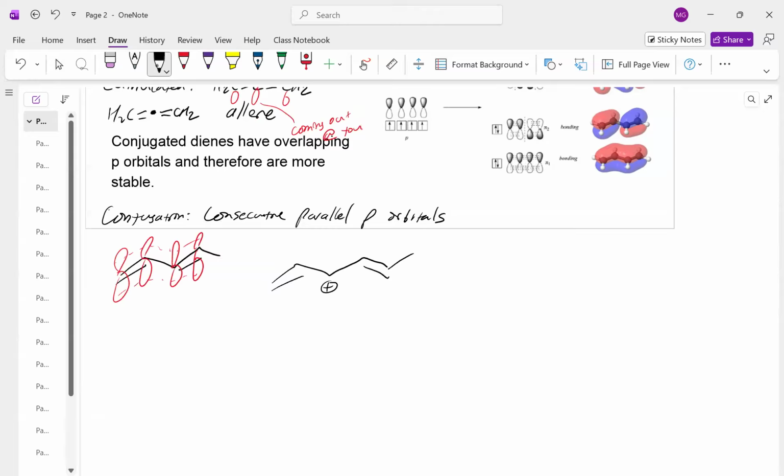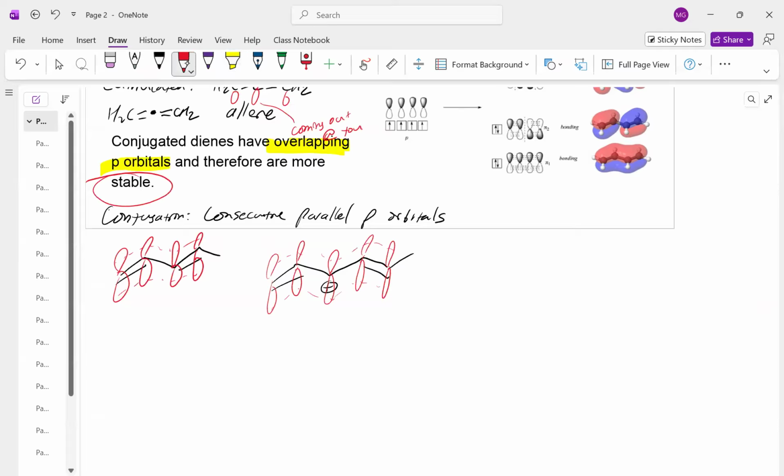Okay. And notice here, you're like, well, wait a second. With that carbocation, that carbon there in the middle kind of disrupts things, right? Well, what's the hybridization of a carbocation? It's sp2 hybridized. And so there is an unoccupied, unhybridized parallel p orbital. So they're still all in line with each other and all overlapping. And that is the key thing with conjugation and why we care about conjugation